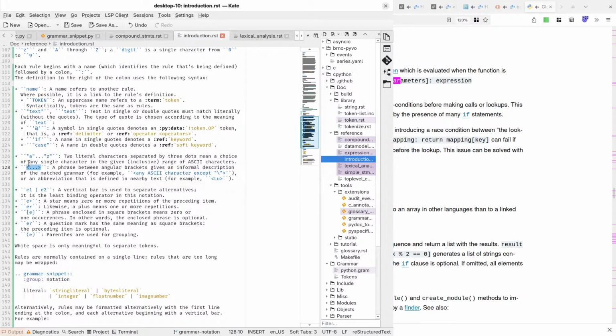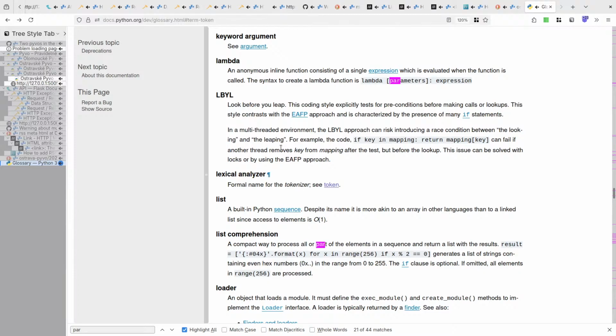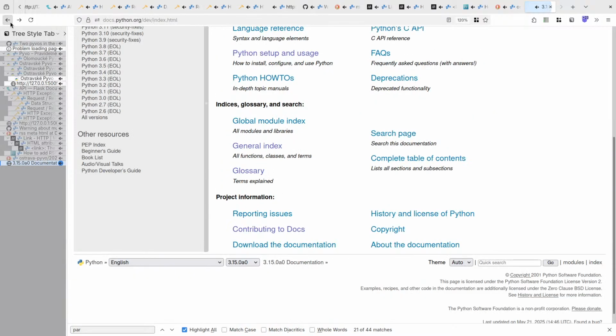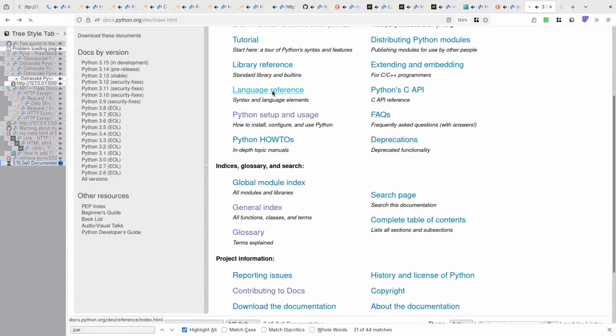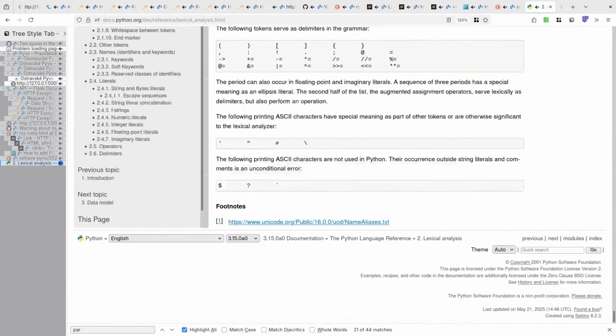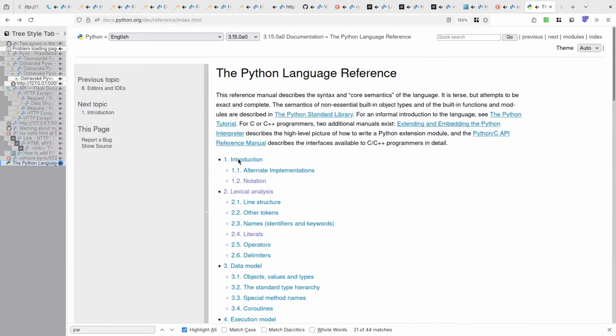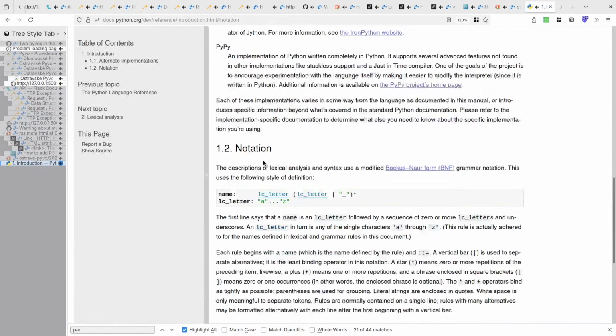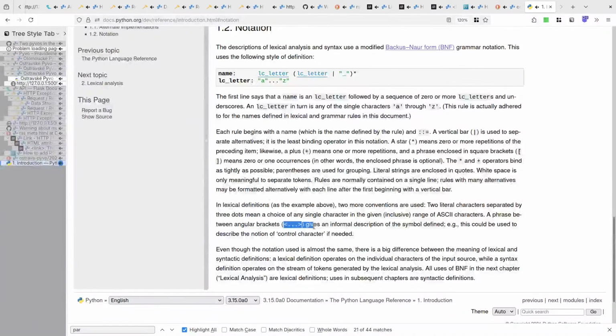So I think I used this for, well, let's see the previous wording for this. Introduction, notation. This is an informal description of the symbol defined. So I guess in the existing grammar, the angle quotes should match a single character.